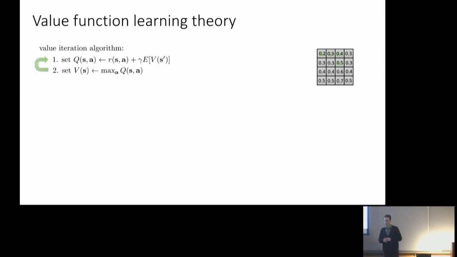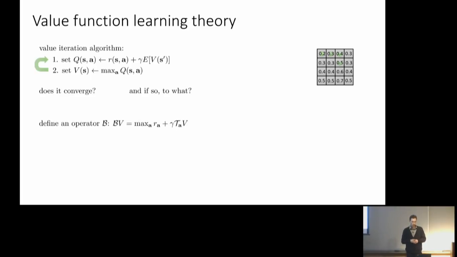I talked about how you can do value iteration in tabular environments where you have a table with one number for every single state, and everything is good there. So value iteration does converge, and we're going to introduce a few mathematical tools that help us understand why it converges. I won't actually present the full proof here, but I'll present the tools that we need to construct that proof. The proof is just a bit of algebra. We need to show that it converges, and if it does converge, we need to know that it converges to something good. You can have algorithms that converge but converge to bad answers. We want it to converge to a good answer.